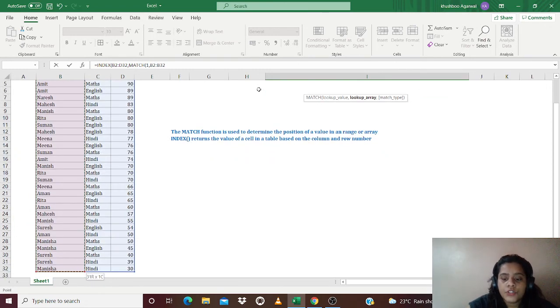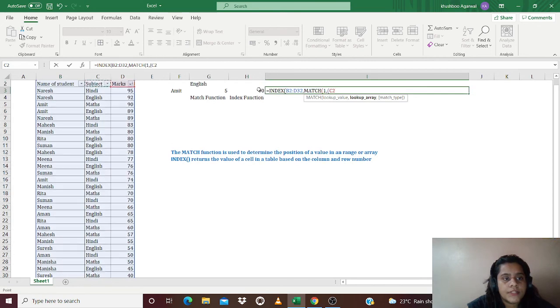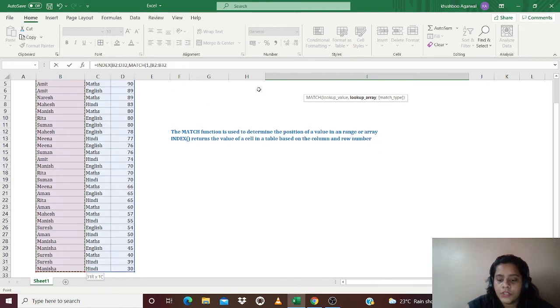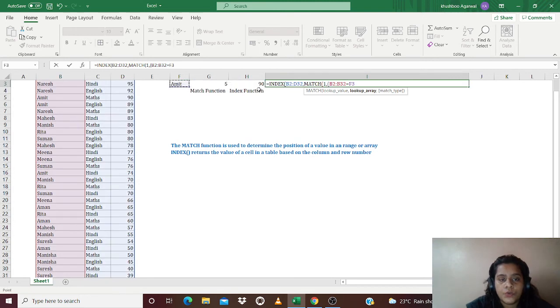So for the name of the student, we first type an open bracket. Then we'll select the column in which the name of the student will be appearing equal to the cell in which the lookup value is there. So we have defined our first parameter, that is the name of the student.